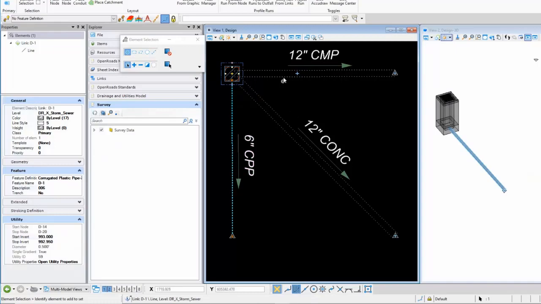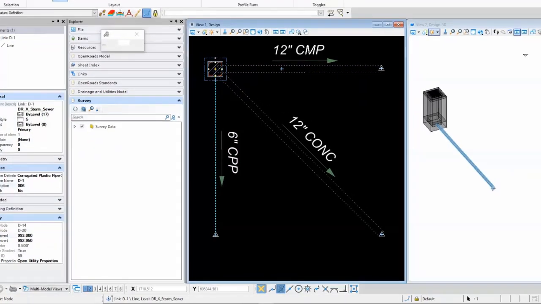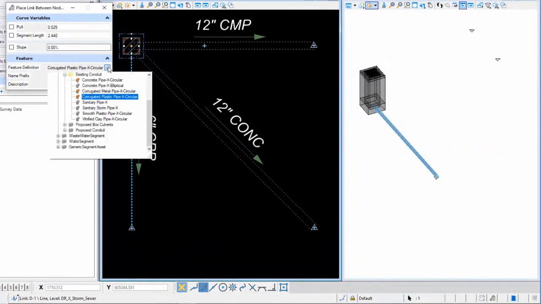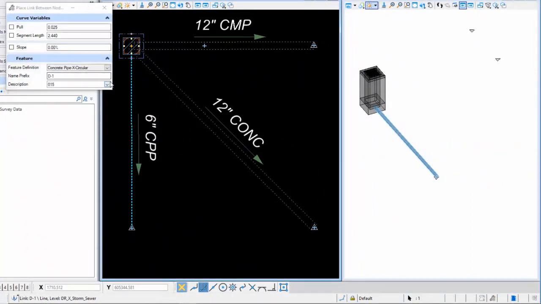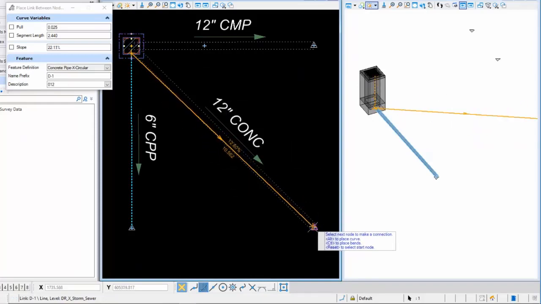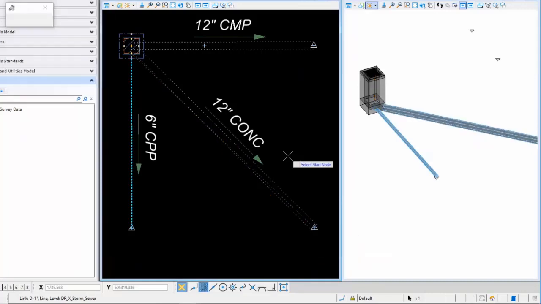Okay, so I'm going to go ahead and place these other 2 conduits. So back to the place conduit command, and I'll change my feature definition to a concrete pipe circular, and this one's going to be a 12-inch. And I'm going to connect to one of these nodes. Now, the VBA app that draws these connects to the center. And if JD is using these connection points on the side, I'll probably edit the VBA to use those side connection points rather than the center. If he's going to the center, then I'm going to leave it the way I've got it, and we'll be connecting to the center. So I just need to connect to one of these. So I'll pick that one and come down and pick my PIO node, place that.